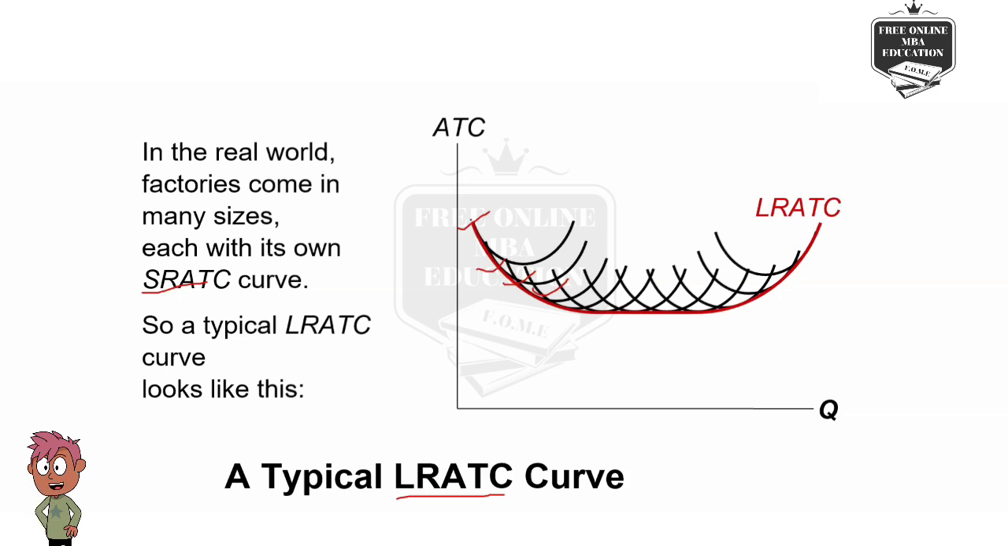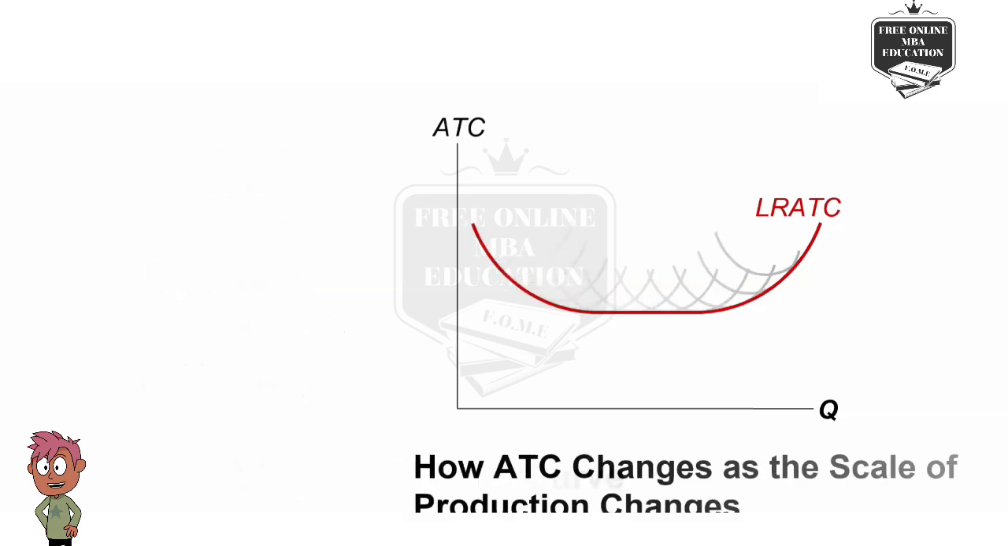So between this curve 1 and curve 2, this is the point of intersection where we take one point. Between the next two, it is this, then this, and so on. So this is how we get a U-shaped long run average total cost curve, right? So this is how typically it may move,